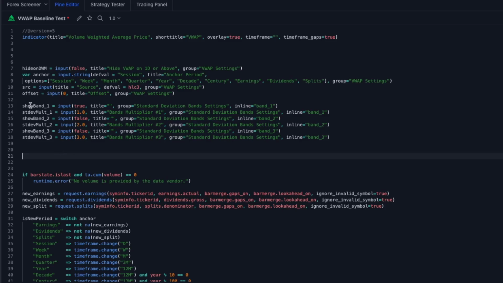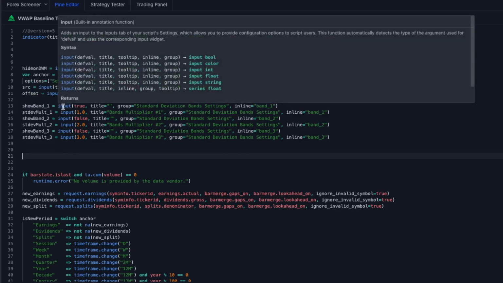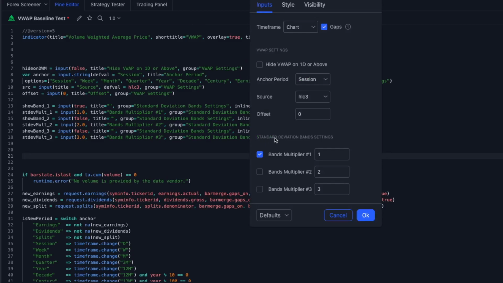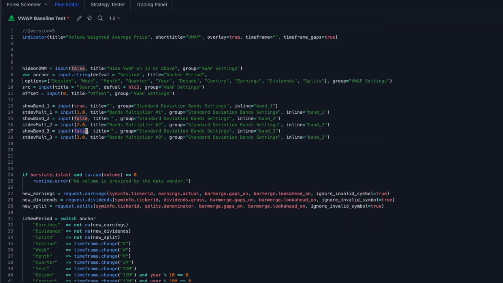where we, for example, say show band, input, true, title, then we give it a title, we give it a group. This would be the standard deviation band settings. And if we click on here, we see standard deviation band settings, and they're all grouped together. So we have standard deviation multiplier 1. Yes, that's right here. Standard deviation multiplier 2. That's right here. And standard deviation multiplier 3. That's right here. And you see show band 3 is deactivated with false here, and only the first one is